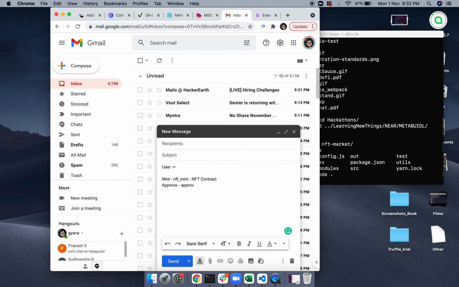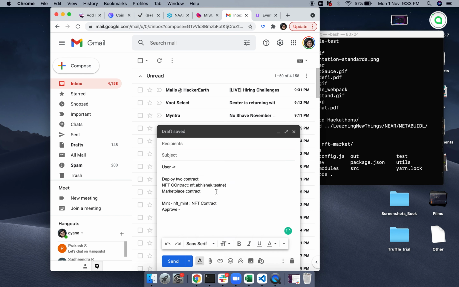Sorry, before this, you have to deploy two contracts. One is the NFT contract, where people can mint and get the NFT related data, and one is the marketplace contract, where you can sell the NFTs. Now the NFT contract will have certain functionalities. For example, this can be nft.abhishek.testnet. This is your sub account on which the contract is deployed. So the contract account ID is the same as your sub account name.